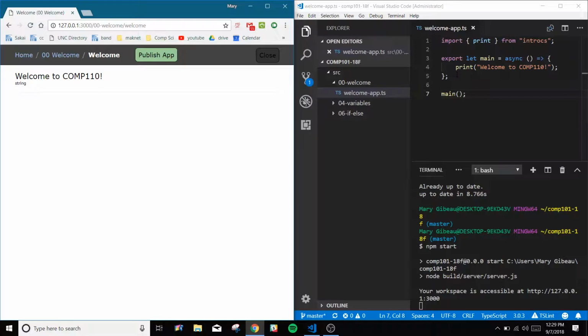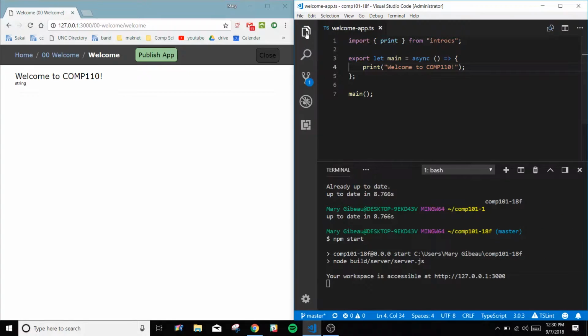Let's go ahead and see what this has to offer. All right, so it's doing exactly what our code over here says, and that's to print welcome to Comp 110. Before I start making changes to code, I'm going to go ahead and close my File Explorer just so we can see a little bit better, and I'm going to do it by clicking these two paper icons up here on the left. You can open it again by doing the exact same thing, but I'm going to close it